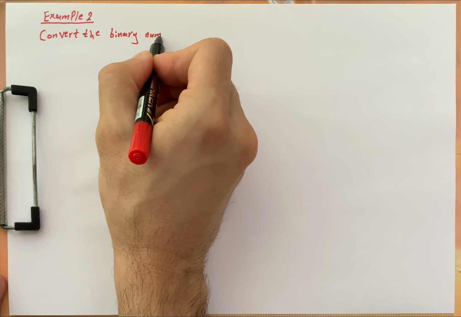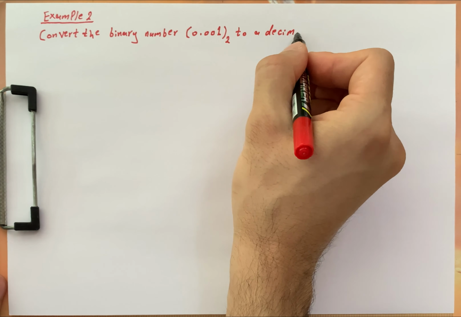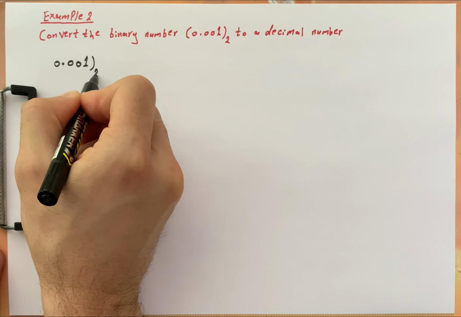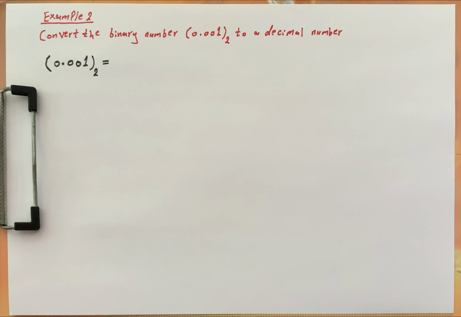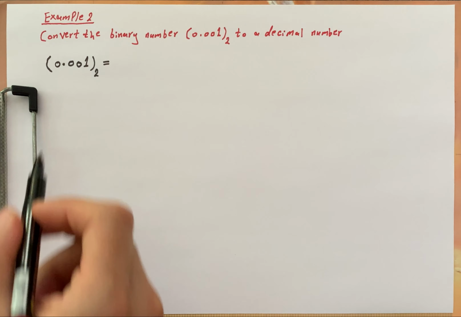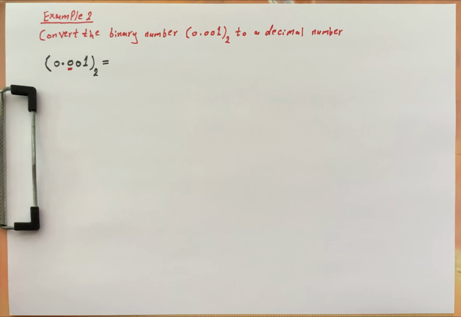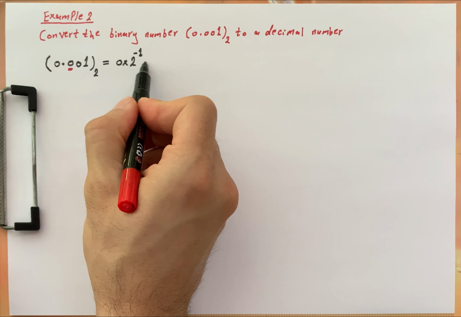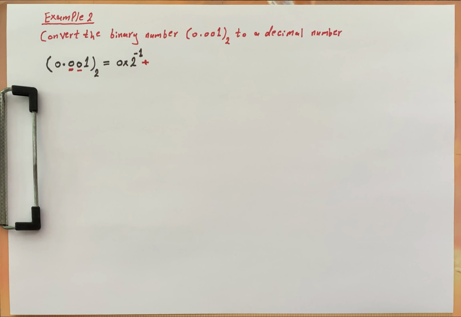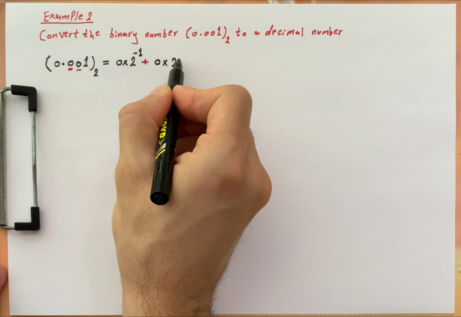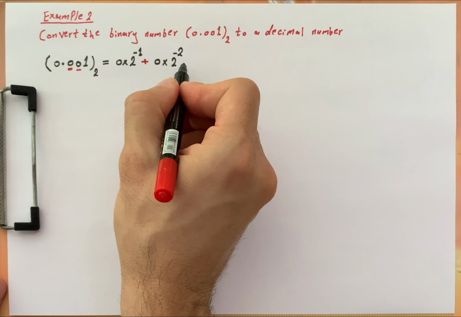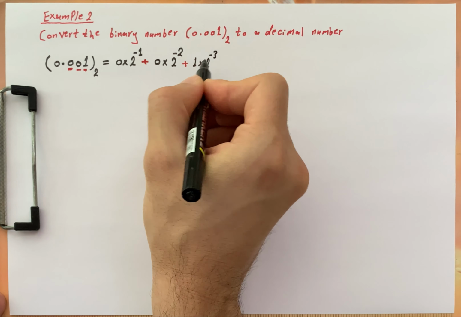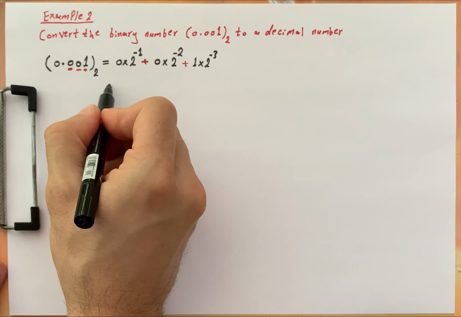Convert the binary number 0.001 to a decimal number. We will take the digits of the number from the left to the right, starting with the first left digit after the decimal point, this 0, and multiply it by the base 2 to the power of minus 1, plus the next left digit, this 0, multiply it by the base 2 to the power of minus 2, plus the next left digit, this one, multiply it by the base 2 to the power of minus 3,